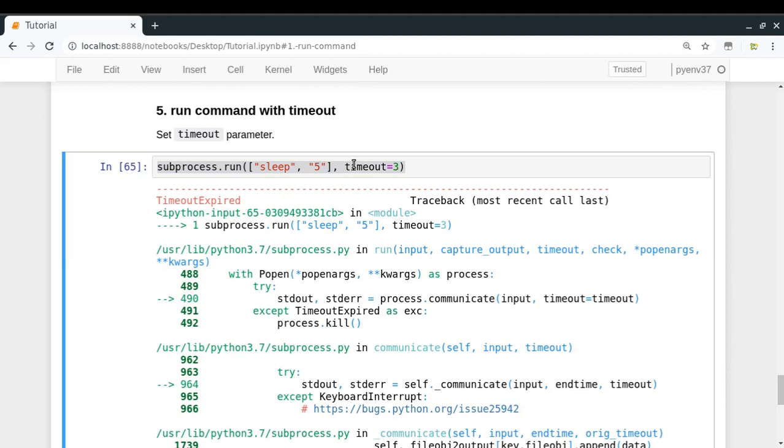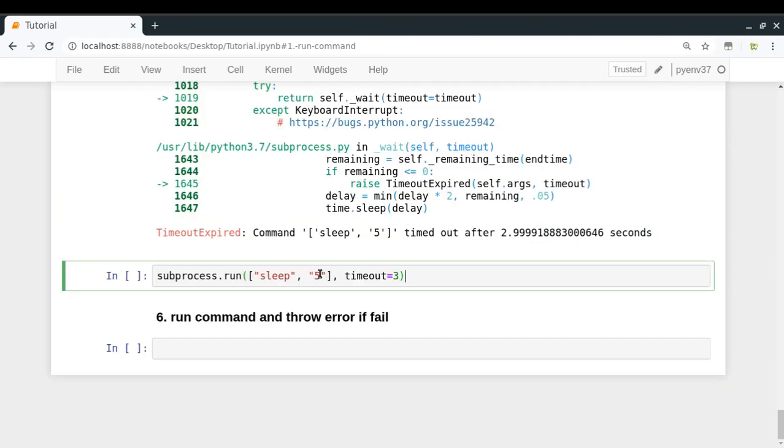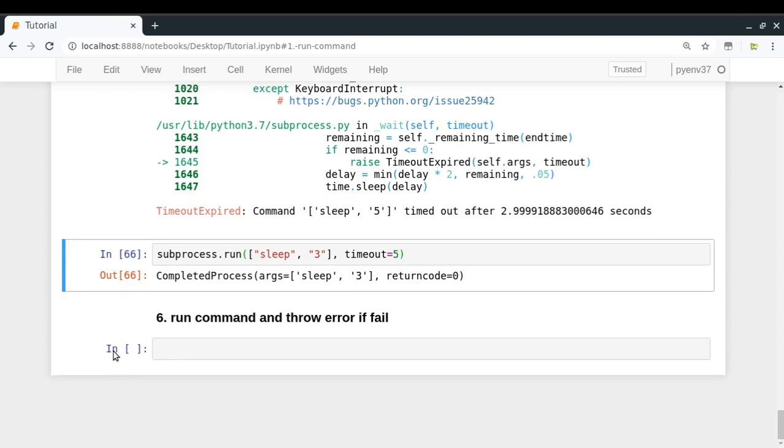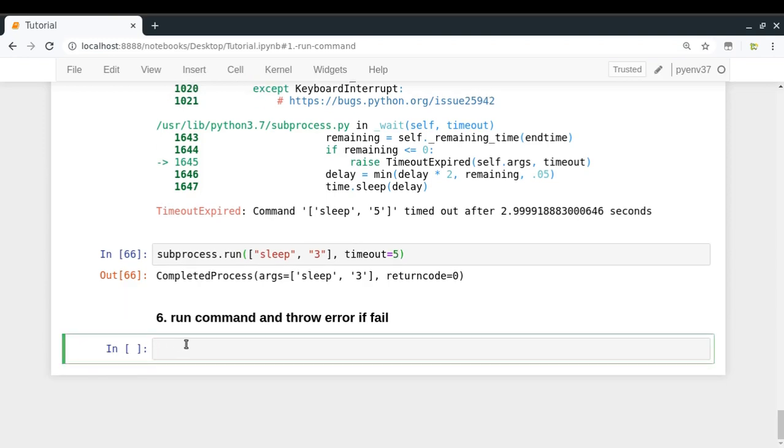And just to be sure, let me just do once more with sleep of 3 but timeout of 5, and we are good to go. So it looks cool. And finally, let me just try to go to the last thing, which is, let's say you want to run a command and you want to throw an error if you fail. For example, we have subprocess.run ls, or let's say